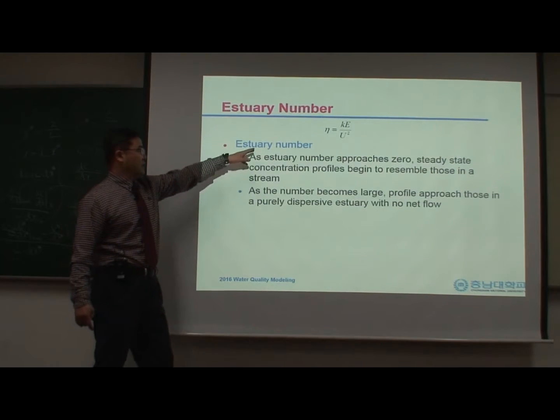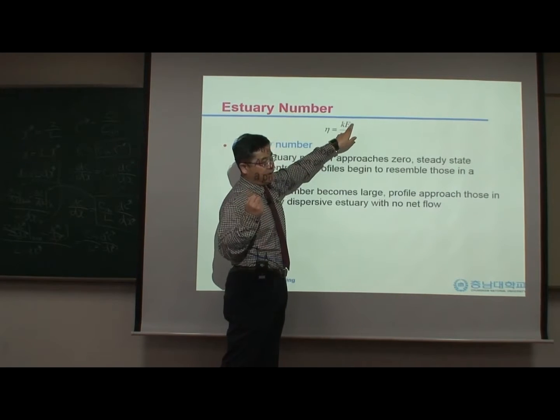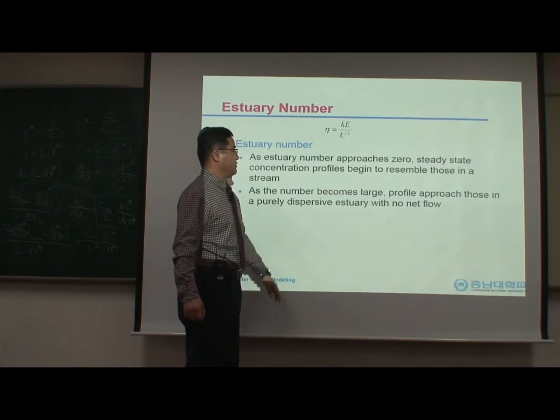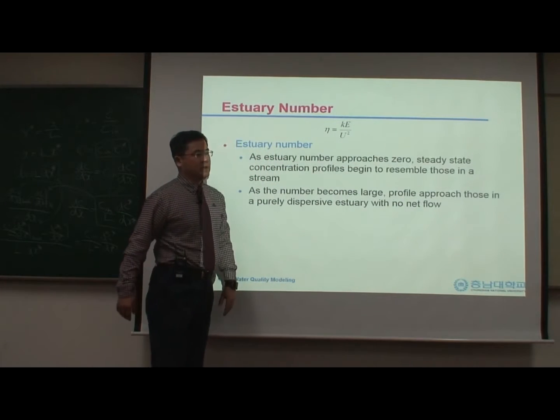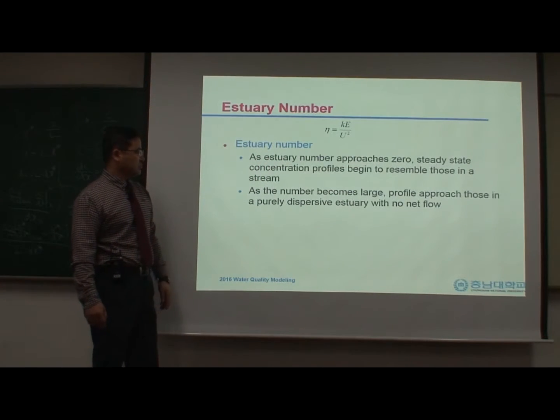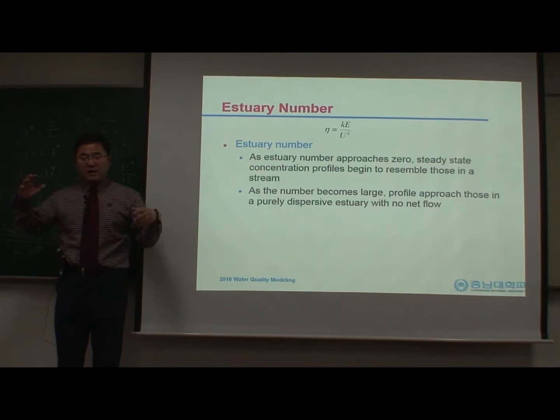So if we have 0, that means we don't have any dispersion. If we have a very big number right there, then you have very big dispersion. So people use those three numbers to